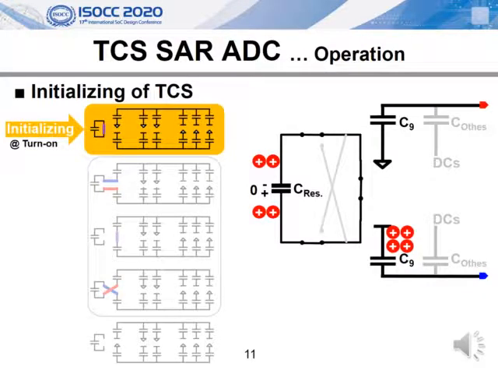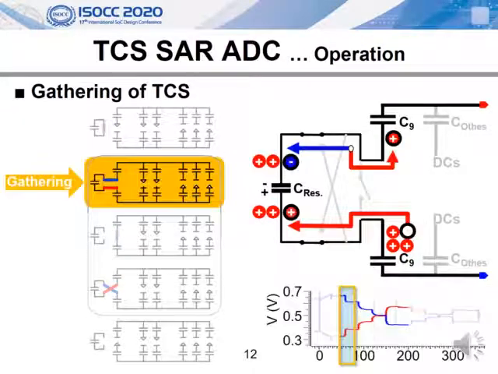The gathering phase is the first phase of the actual TCS operation. The reservoir capacitor is connected to each bottom plate of CDEC. There are two meanings. First, the reservoir capacitor is charging the bottom plate toward the target voltage. Second, at the same time, the capacitor is gathering negative charge for the final charge sharing of the TCS cycle. These win-win operations are due to the differential relationship between the positive and negative bottom plate.